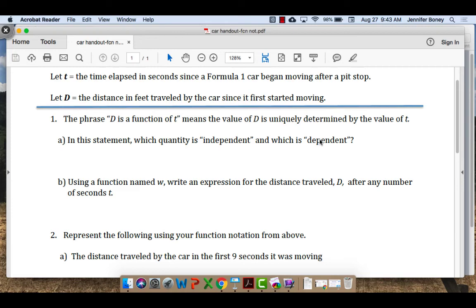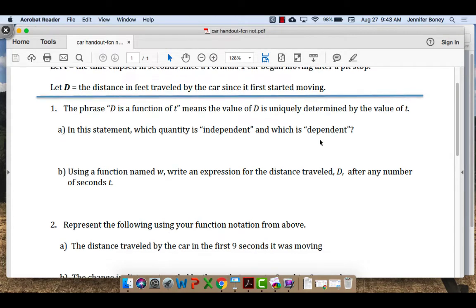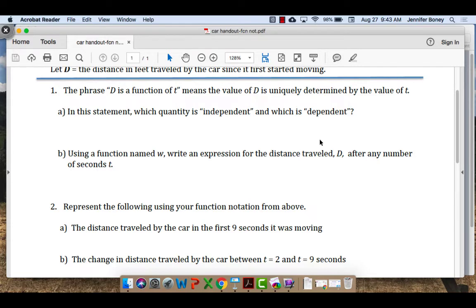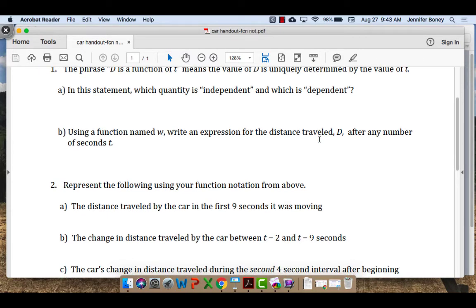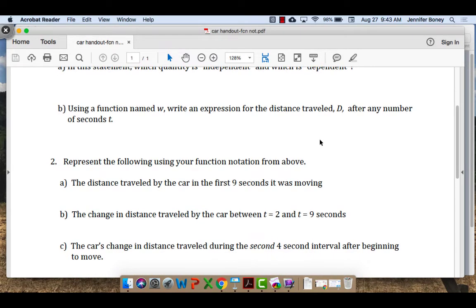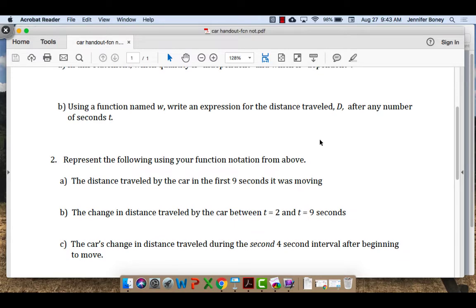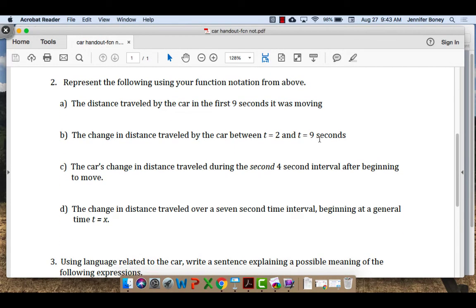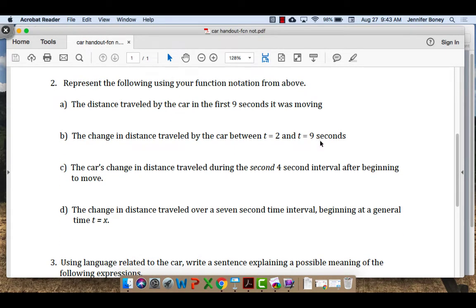We talked about part of this on Friday. And so we use the function w to relate those two. So we said d equals w of t. D equals w parentheses t is the function notation for that. So where we left off was in the middle of question 2,